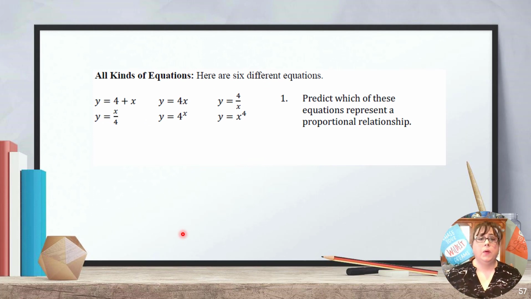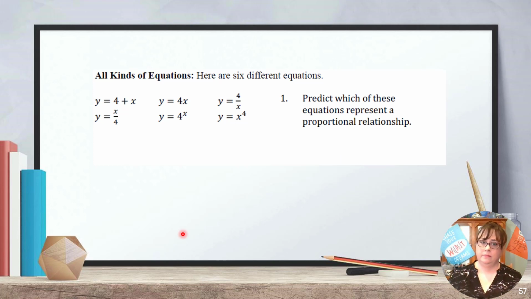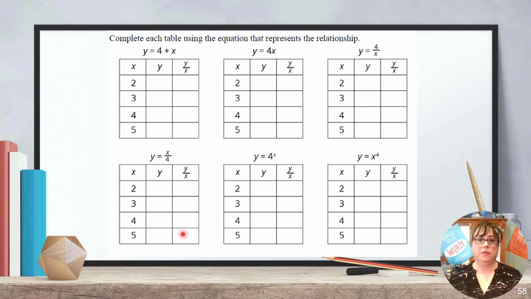In our last one, we're going to look at our 6 different kinds of equations, and we're going to predict which one of these would be a proportional relationship. So right now, I'd like you to put a check mark next to the ones that you think are going to be proportional relationships. Now that you've done some predicting, we are going to use a table to actually figure this out. Now we're going to do a little bit of movie magic,